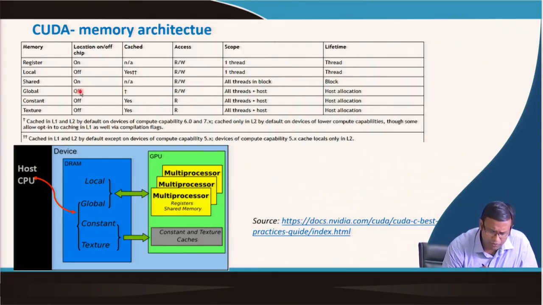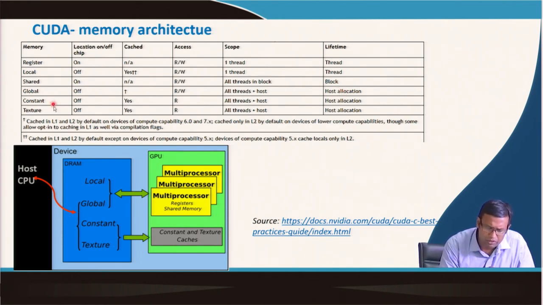The global memory, which resides off the chip, is cached in L1 and L2 by default for compute capability 6 and 7, and cached only in L2 for other compute capabilities. It is visible to all the threads, as well as to the host. This global memory can be copied back to the host, and its lifetime lasts as long as the host has copied the memory into the RAM, it will still be there. As soon as the host copies some other memory to that same space, it will change. So this memory is controlled by the